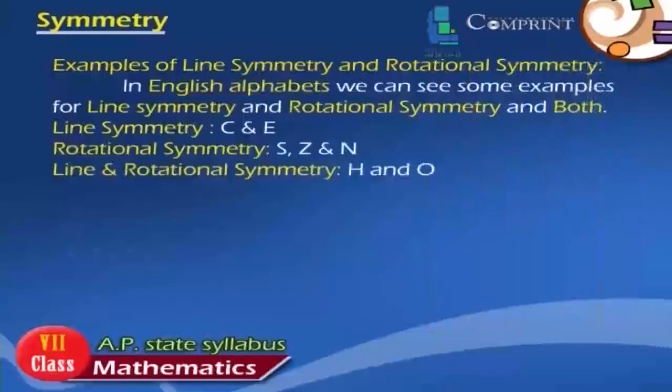Examples of line symmetry and rotational symmetry. In the English alphabet, we can see some examples of line symmetry, rotational symmetry, and both.